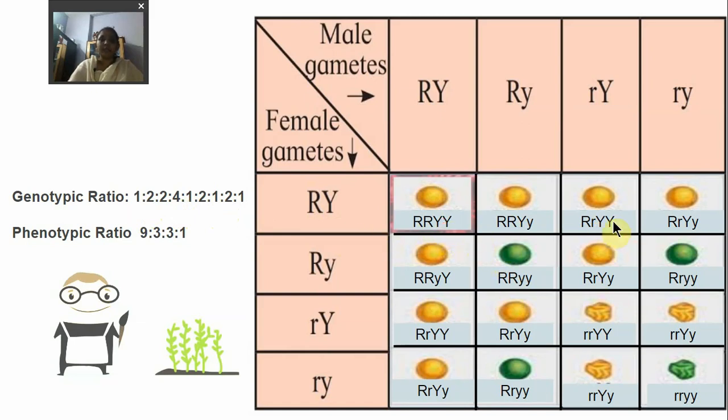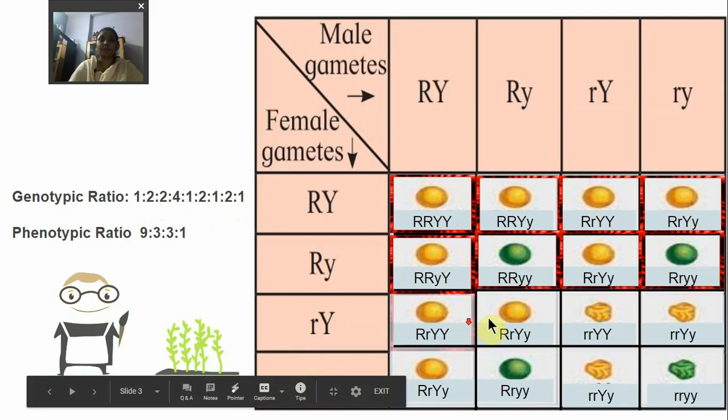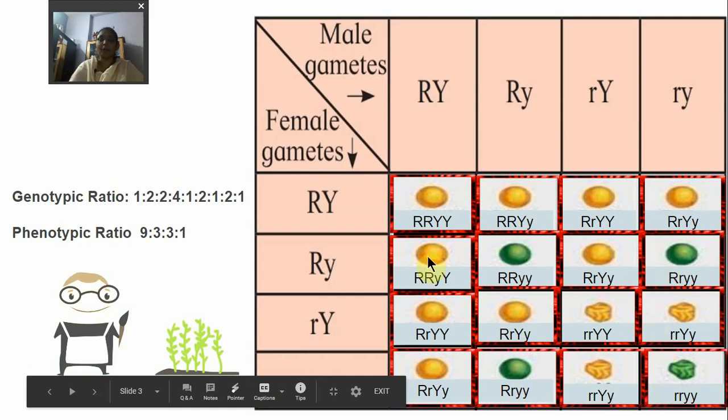In these dihybrid crosses, he found 9 plants with round and yellow seeds, 3 plants with green and round seeds, the new combination, 3 plants with yellow color and wrinkled shape, and 1 plant with wrinkled and green seeds, the parental type. Out of these 16 plants, 6 plants had different combinations from the parents.